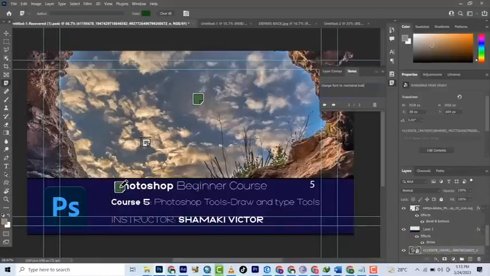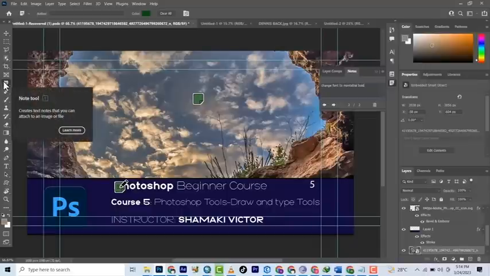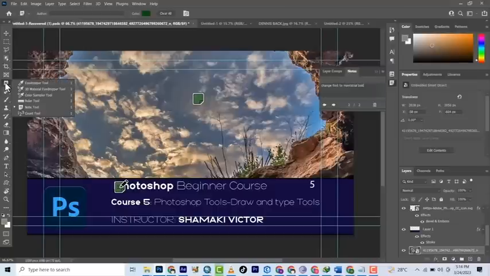add a note. So basically, the purpose of the notes tool is to help you add a note to describe something. Maybe you and someone are working on the same project and you want to leave a note for the person. So you can use the note tool. Okay, so moving next, we're going to